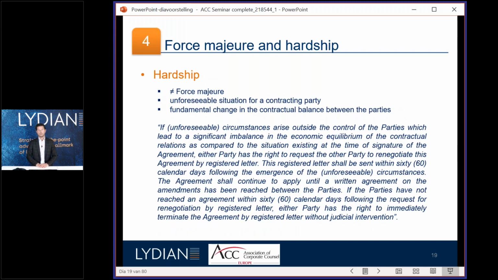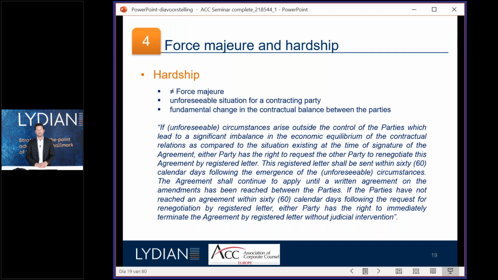Difference with hardship, really a little bit quicker maybe, is that it's of course a big difference with force majeure, because there it's not impossible to perform or execute your obligations, but it's from an economic point of view more difficult. And also there is still a liability if you don't comply with hardship. If you don't perform your obligations, you will be liable. With the force majeure principle, you're not liable.